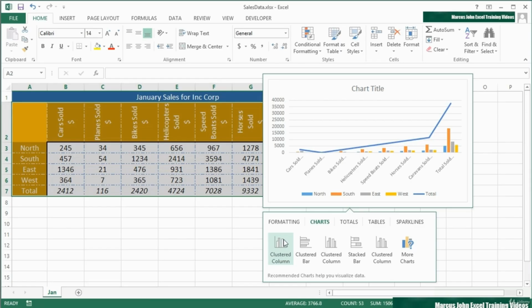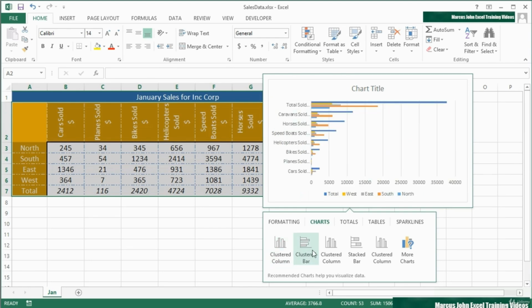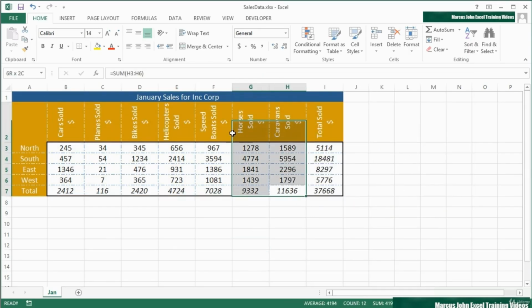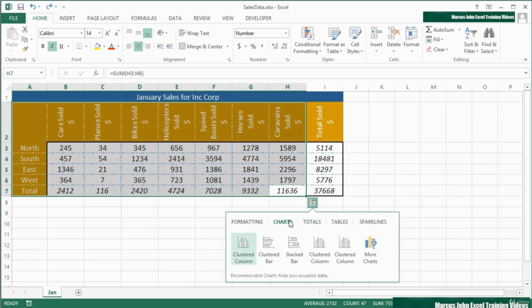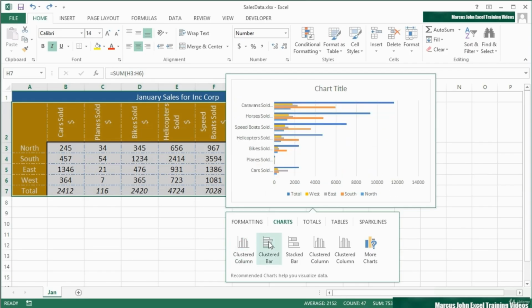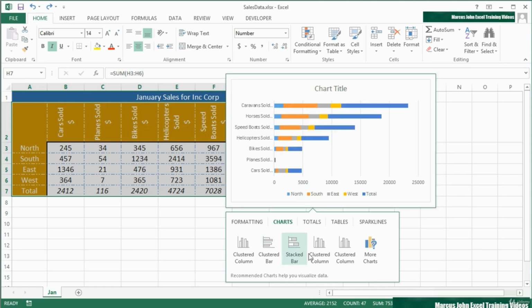And you can see there, it actually tries to graph the total as a line for each of the values as a column. Clustered bar also includes the totals, clustered column, stacked bar, clustered column. Now our chart really has been thrown out by those totals. Let's just go back in and re-highlight everything, including the labels, except the total column. Click our quick analysis option, come back to charts, and then hover over each of the recommended chart types. And you'll see that now, without the totals in place, the chart isn't so skewed. Stacked bars, clustered column,